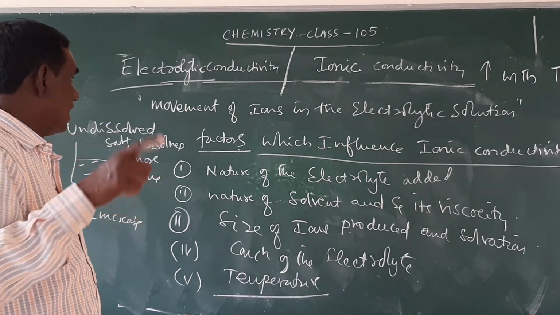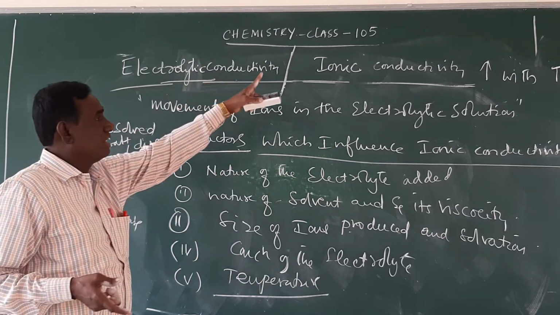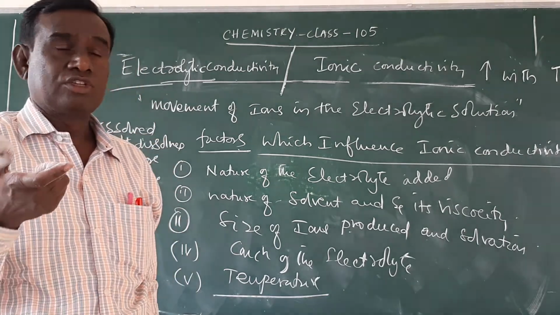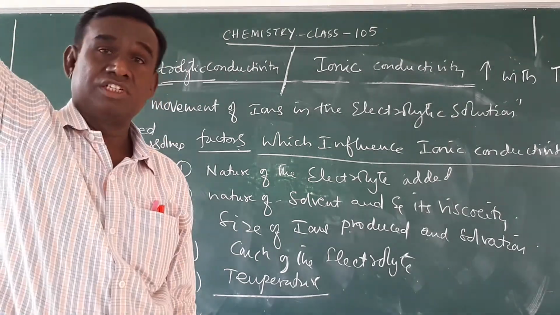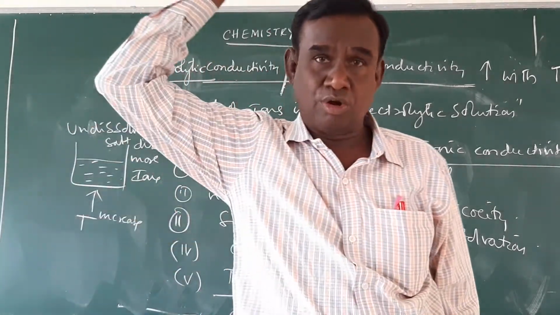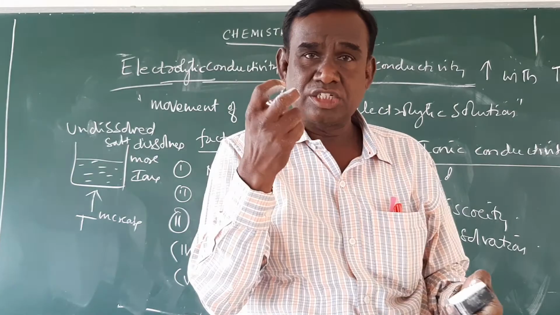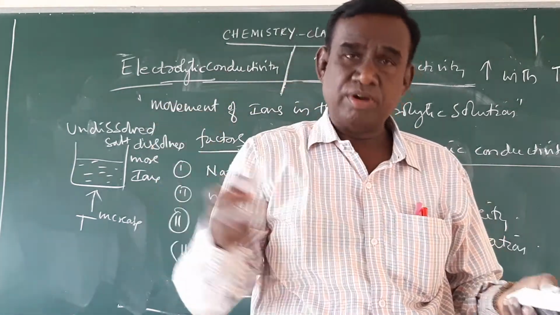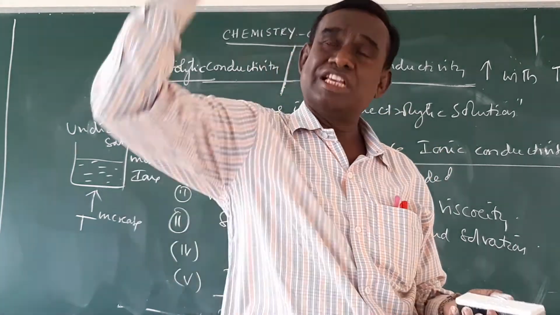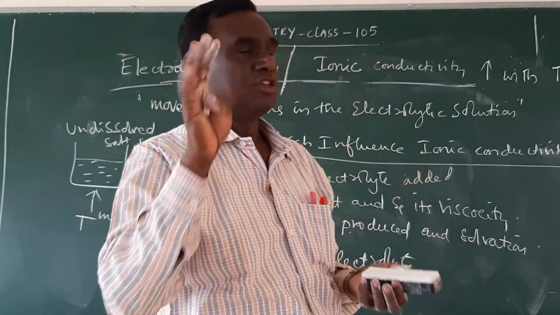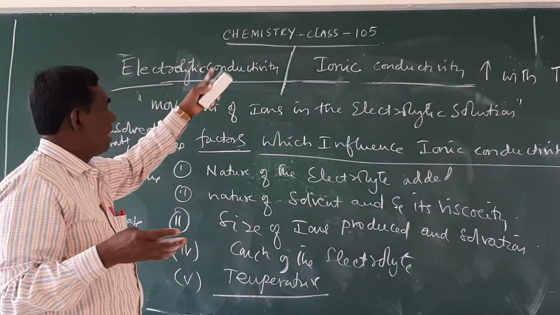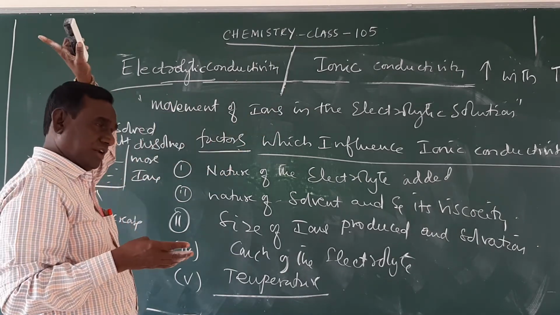That means ionic conductivity or electrolytic conductivity increases with increasing temperature. But electronic conductivity decreases with increasing temperature, because as the temperature increases, the electrons present in the metal will escape out. Therefore, the number of electrons per atom will decrease. That is the movement of electrons. The number of electrons in metallic conductivity will decrease due to the escape of electrons from high heating. So that is how we can explain electrolytic conductivity, ionic conductivity.